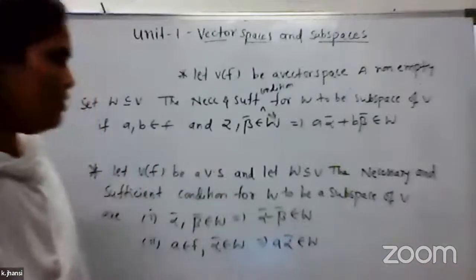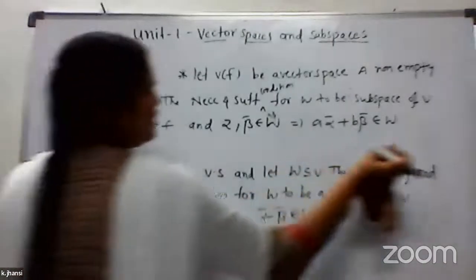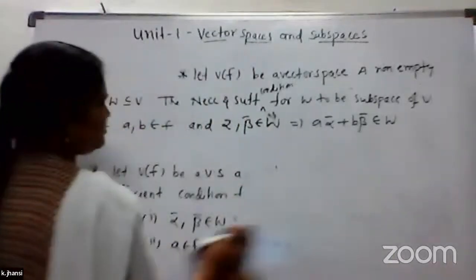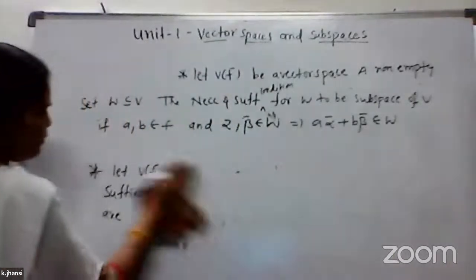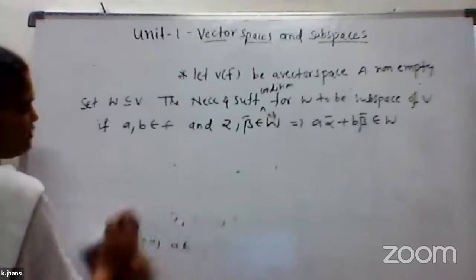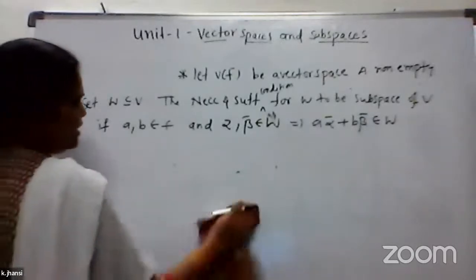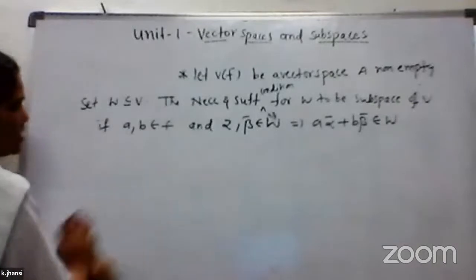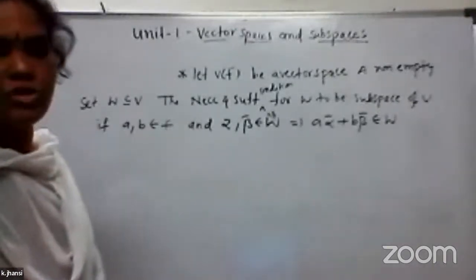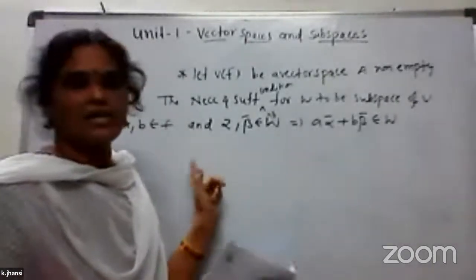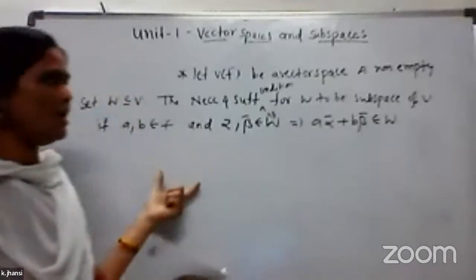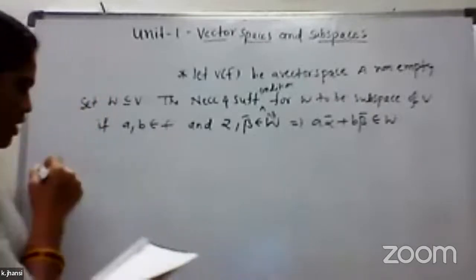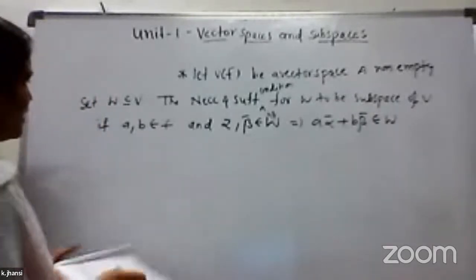Okay. And one more condition is there, the same necessary and sufficient conditions. So all these proofs, whatever the necessary and sufficient conditions I am telling, these are the theorems. So in the examination, they may ask 5 marks questions. Whatever the necessary conditions are given, those proofs are there in your textbook. So try to practice those proofs. Okay. And the last one is